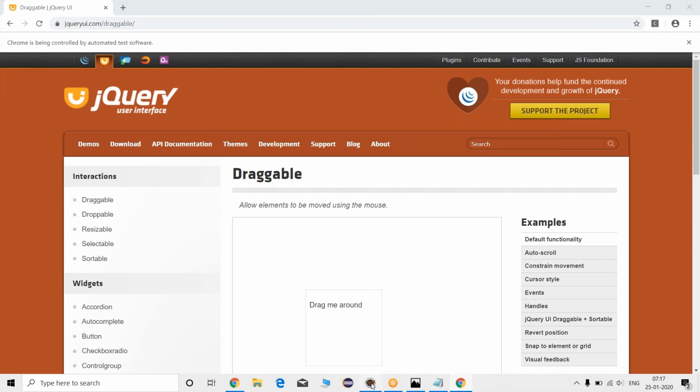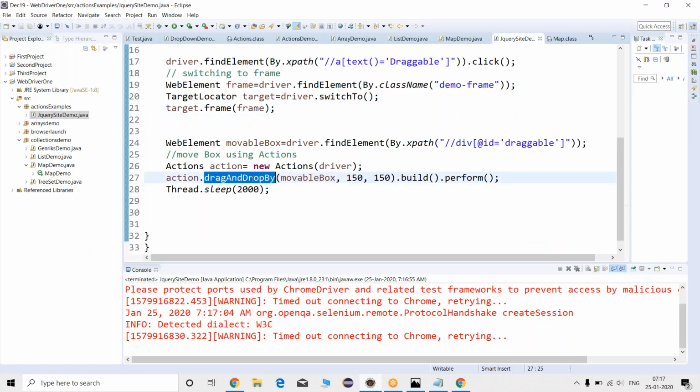So what action are we performing here? The dragAndDropBy method from the Actions class. The dragAndDropBy parameters are what? A web element, the x-axis, and the y-axis. What is the web element here? The movable box. How are we identifying it? By using this XPath. By using this XPath, we are identifying this